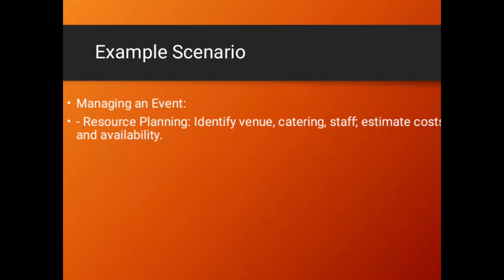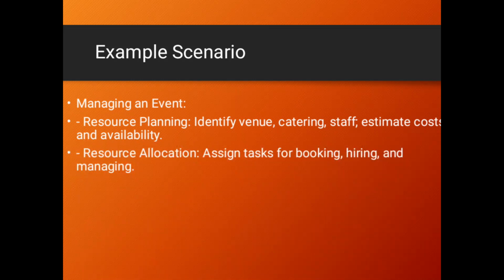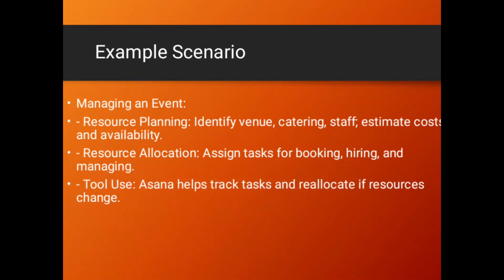Okay, from there, let's talk about a scenario example. On that one, you are managing an event. You're talking of resource planning, that is identifying the venue, catering, and finding staff, then you need to estimate the cost as well as the availability. Then, on resource allocation, you are assigning tasks, for example, booking, hiring, as well as managing. Then you can use tools, for example, Asana, to manage